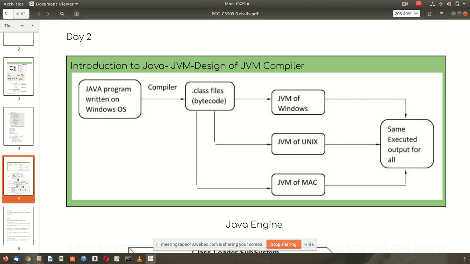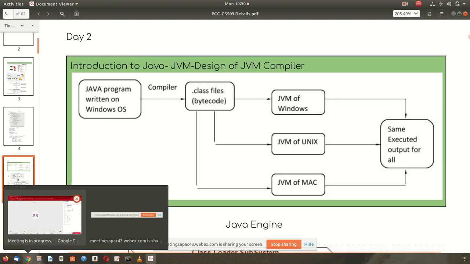Because both are developed by different organizations. Windows is developed by Microsoft, and Unix is developed by the free open source Linux Foundation. Windows has a different set of instructions, Unix has a different set of instructions. Similarly, Mac, the Apple machine, has a different set of instructions.